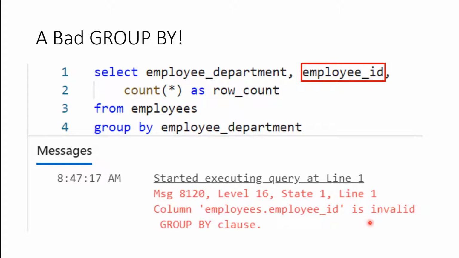See, invalid right there. So let's talk about having then. So having